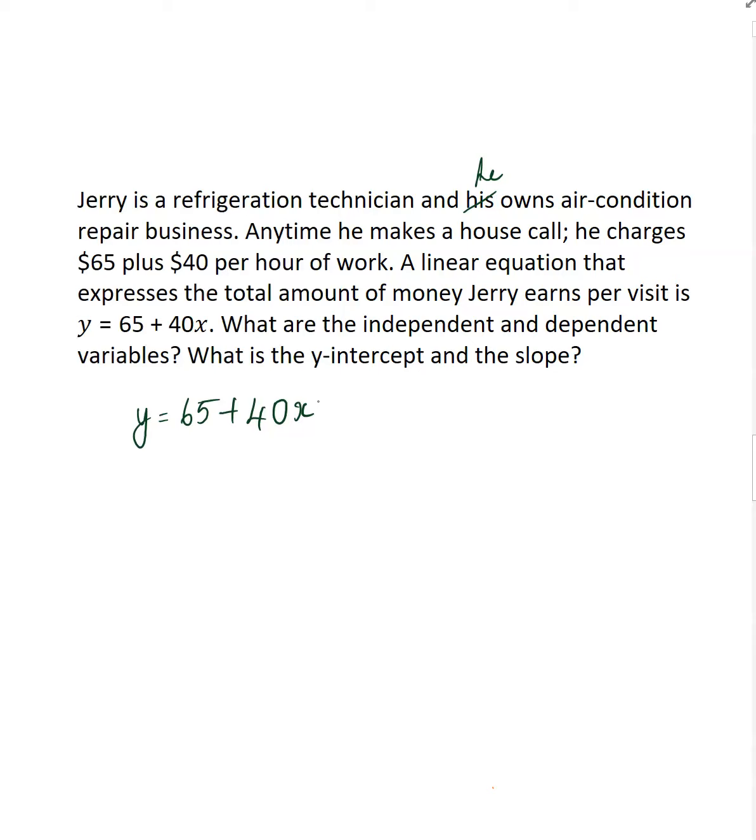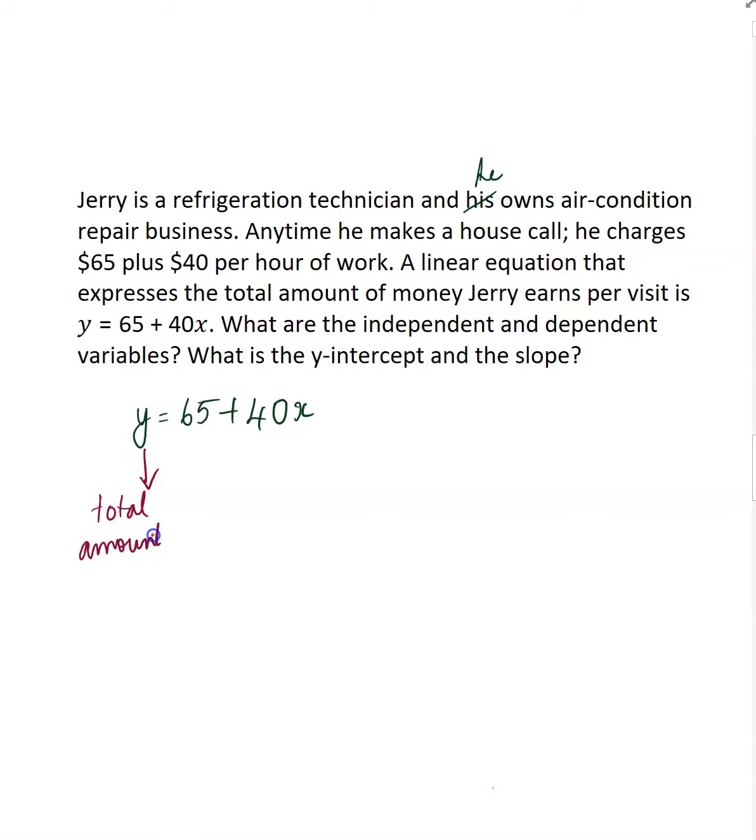We need to understand what this x and y represent. So for that, go back and see what each one of them would actually give us. Now it says the linear equation that expresses the total amount of money that Jerry earns per visit is given to be this. So this whole equation, which is represented by y,